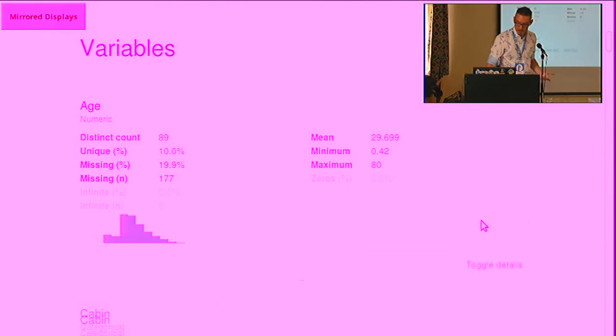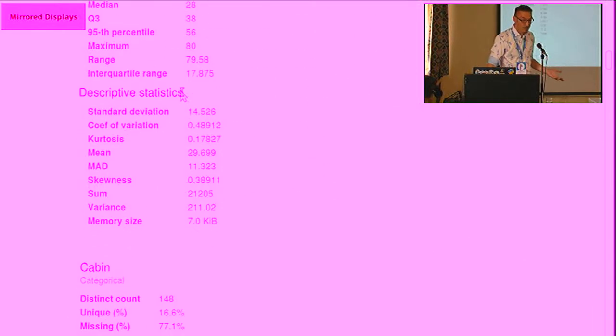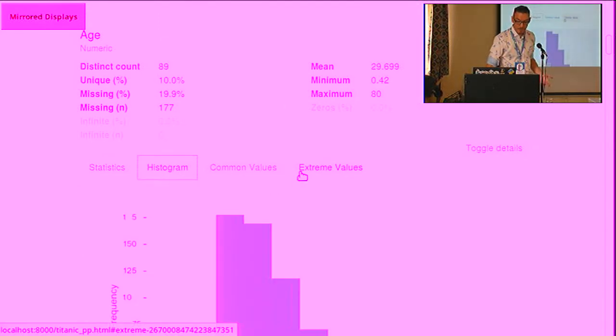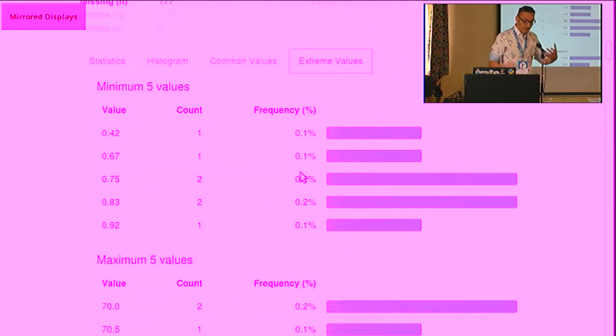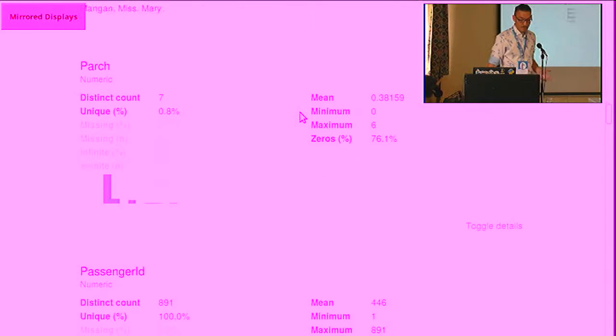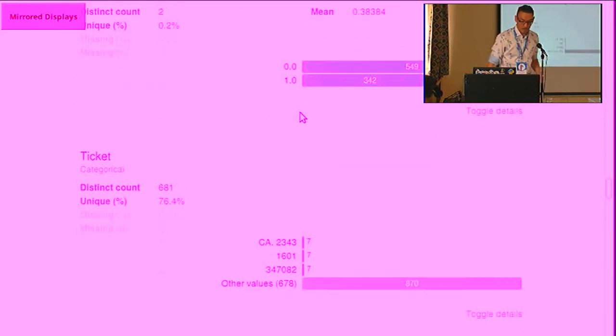And if I start off like this, we can toggle details. This is the age column, and it generates a whole bunch of reports about each of our columns: histogram, extreme values. And then if I get rid of that, we can scroll down and see all of the other columns in our data set generated as an HTML report that becomes an artifact that we can add into